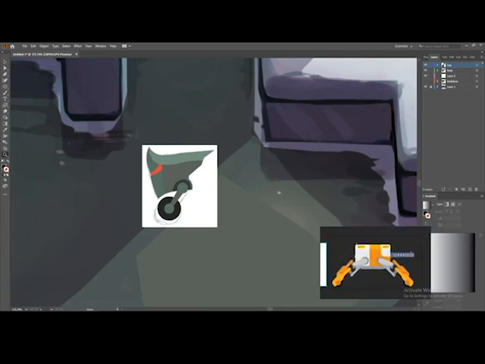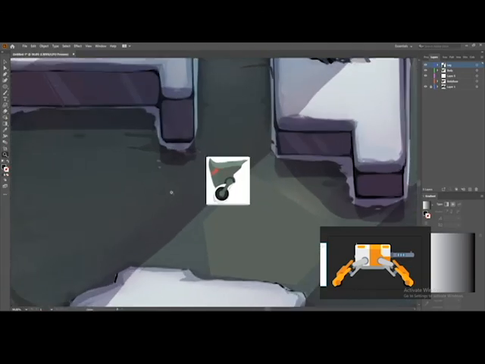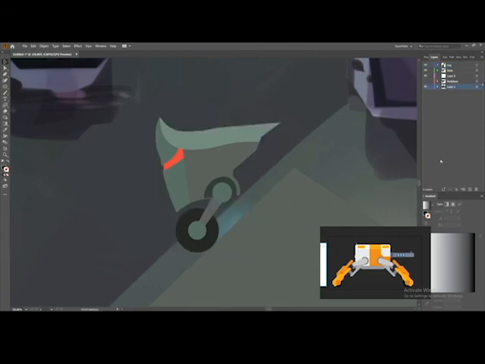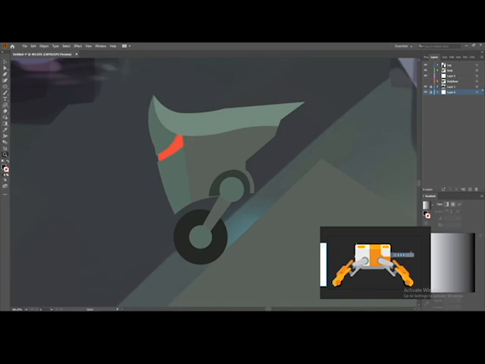So, something that I want to test now that we're this far in is, well, we were worried a bit before about the perspective of this, and does it stand out? You know, does it look like it fits in? So something that I'm going to do, I'm going to unlock this. I'm going to move this down to a lower layer. Just keep it there, but out of sight, out of mind for now. And I might need to change the colors on this so that it stands out from this background. But for now, let me